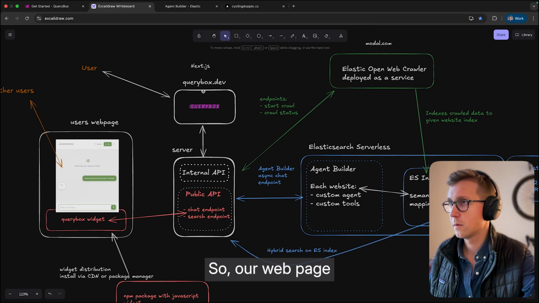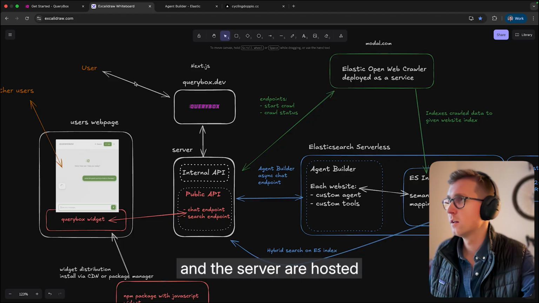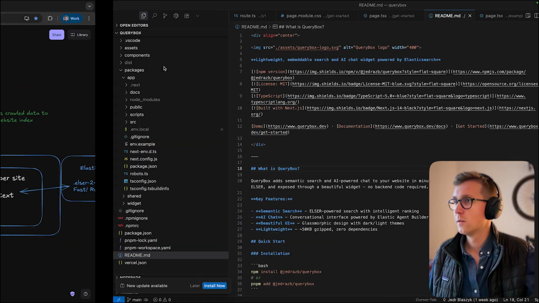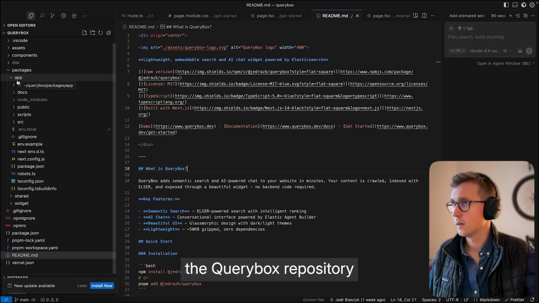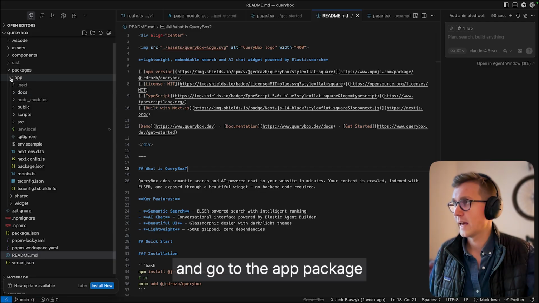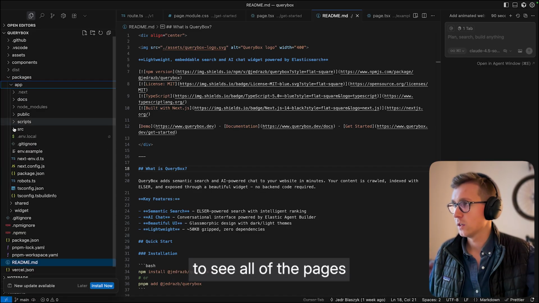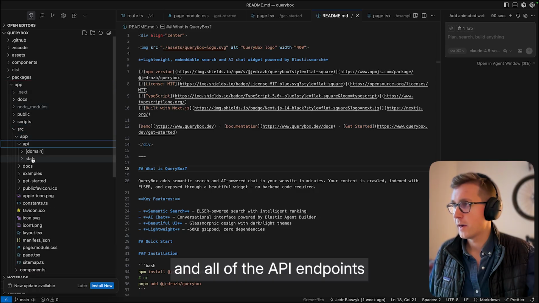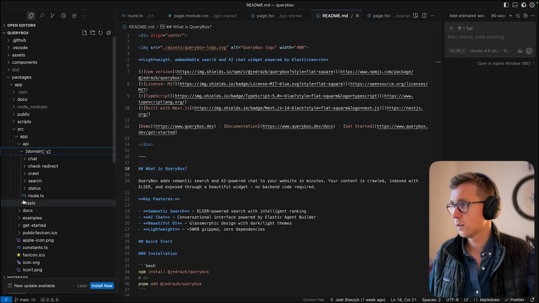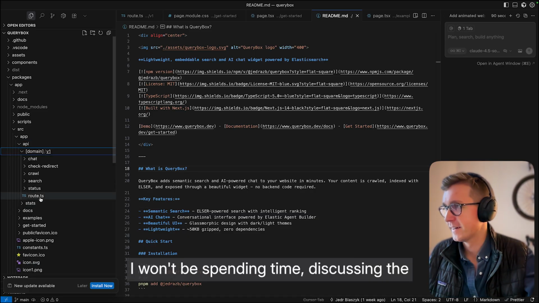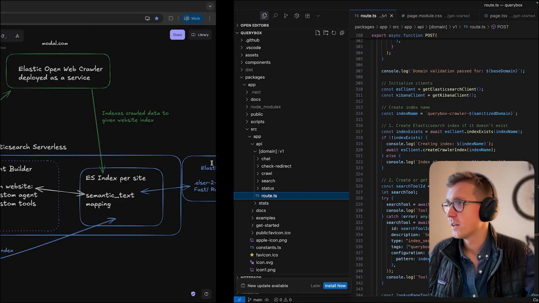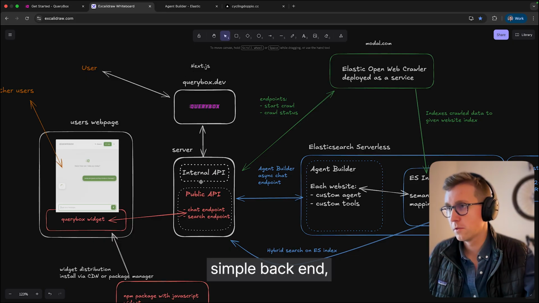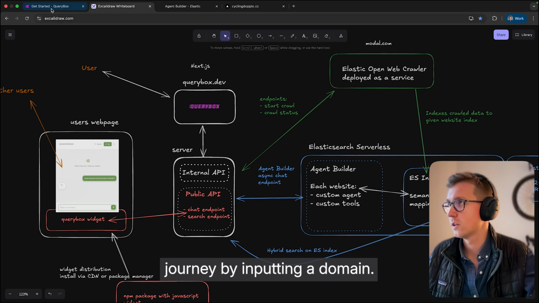So our web page and the server are hosted in our simple next.js project. You can check out the QueryBox repository and go to the app package to see all of the pages and all of the API endpoints that I'll be talking about. I won't be spending time discussing the logic in detail. So yeah, this is our application, simple front end, simple backend, and the user is starting their journey by inputting